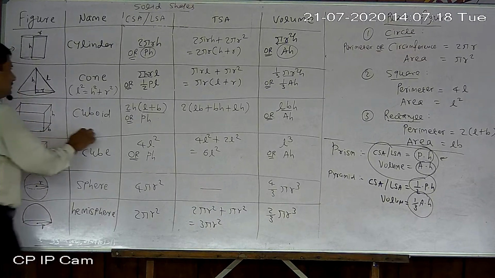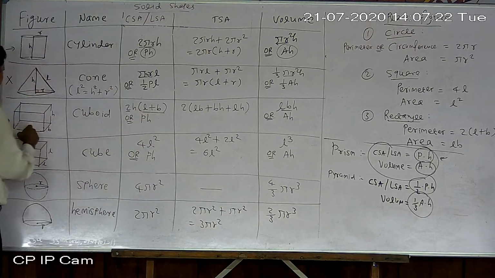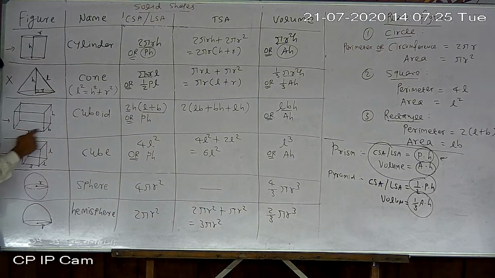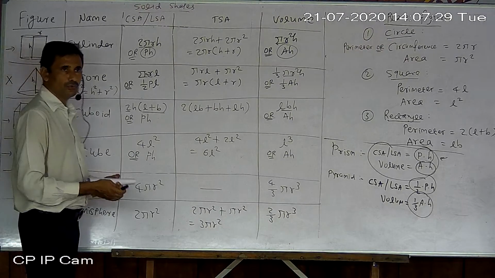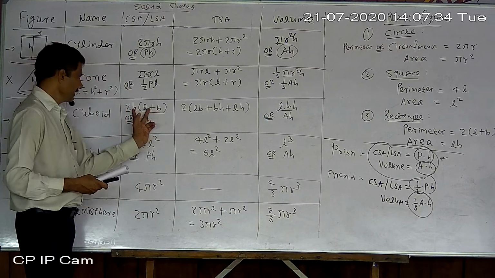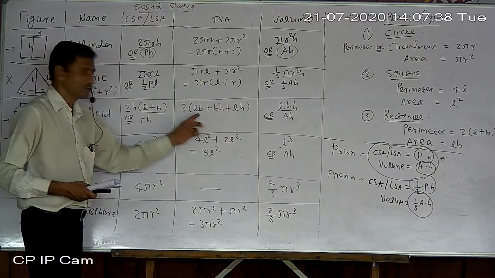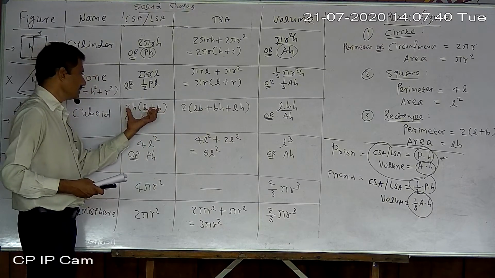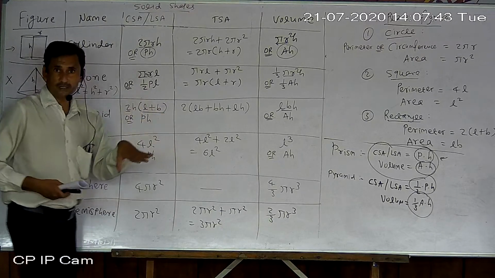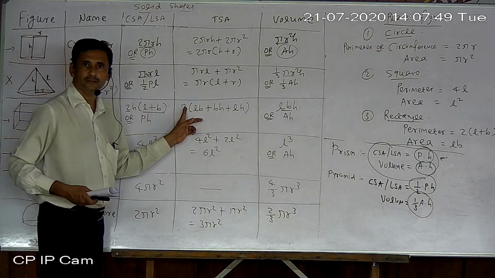Now here also, and cuboid also. What to be added? This part, a rectangle. One rectangle whose length and breadth are given, L and B. So 2 LB to be added. Here actually LH and BH are given, LB is not given, so here that is also included. So 2 LH plus 2 BH plus 2 LB. Why 2 LB? 2 rectangles are there. So 2 is taken common.